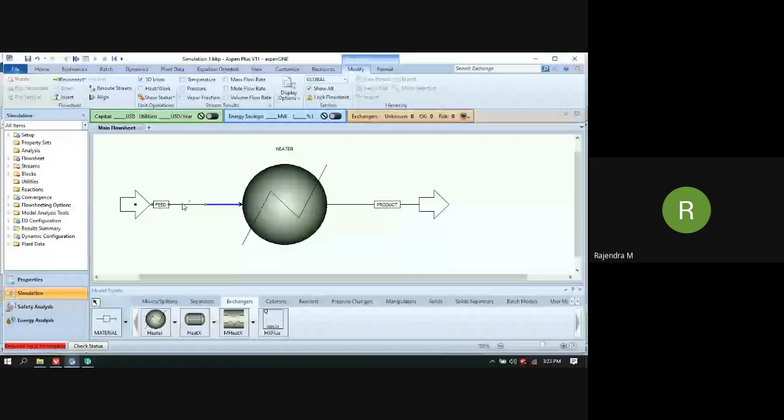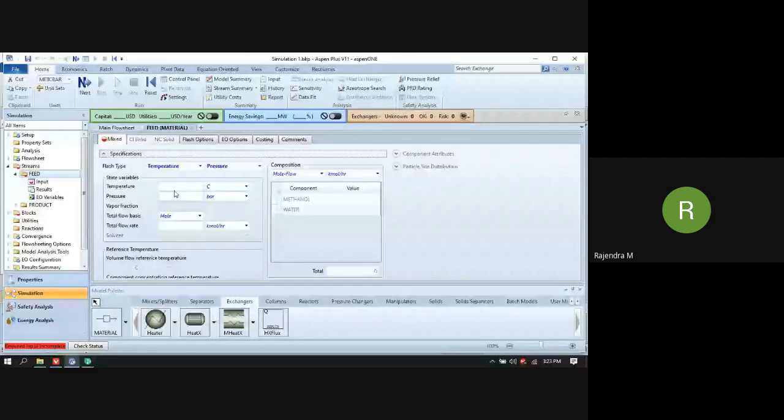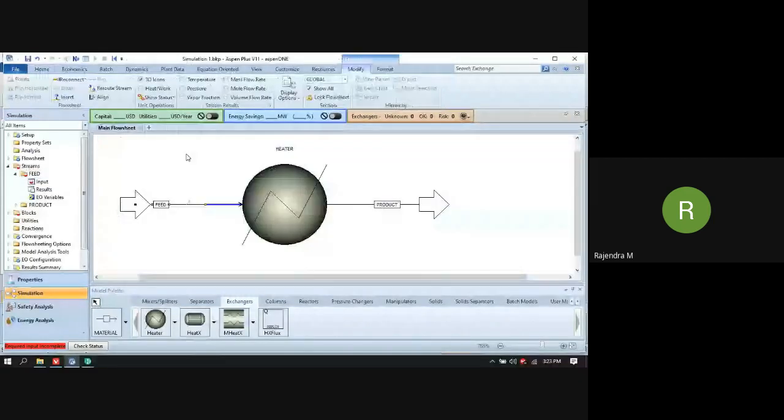There are two ways. Either you can double click on the stream, or on the left hand side there are folders, various folders. So there is a stream folder. If you click on this small triangle over here, it will show you what streams are available on this flow sheet. There is a feed stream.